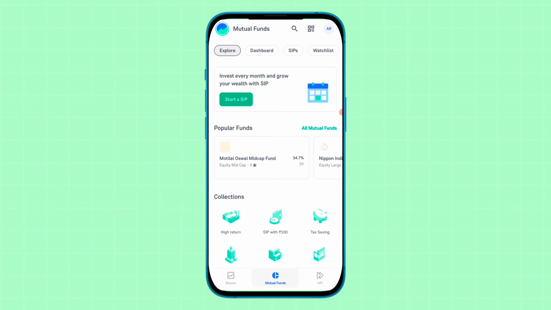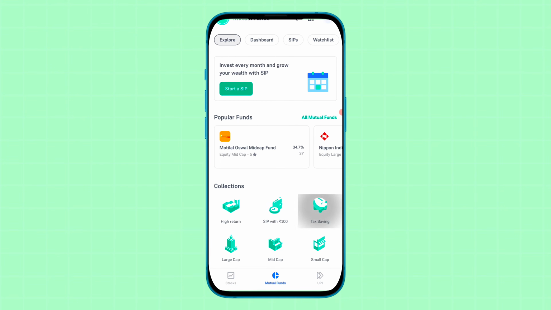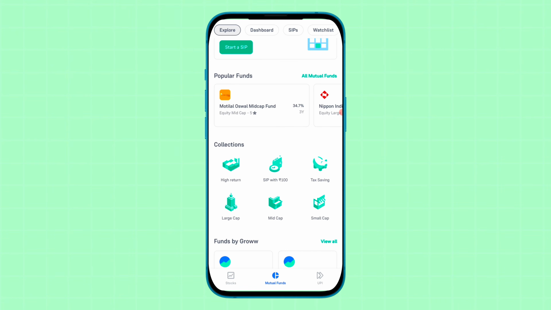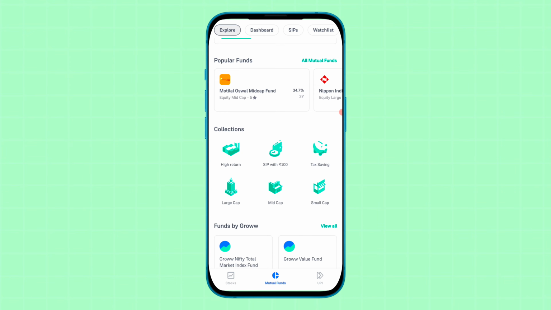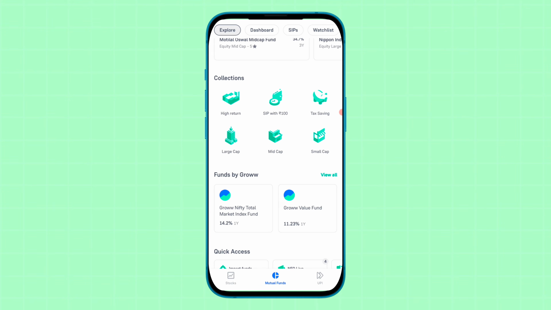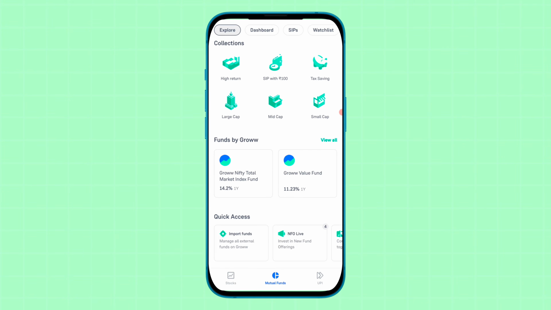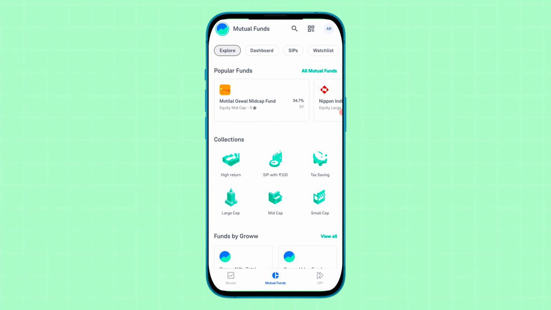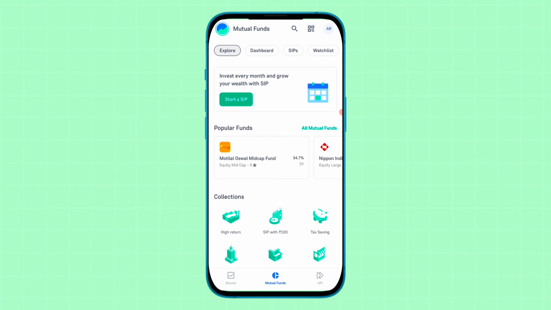And friends, here you will get to see a lot of charts like popular funds in Groww, and collections like high return, which mutual fund is high return, all the mutual funds you can start a SIP from with 100 rupees, all the mutual funds in which you get tax saving options, and all the large cap, mid cap, small cap. So friends, if you want to invest in mutual funds or you want to invest in SIP,